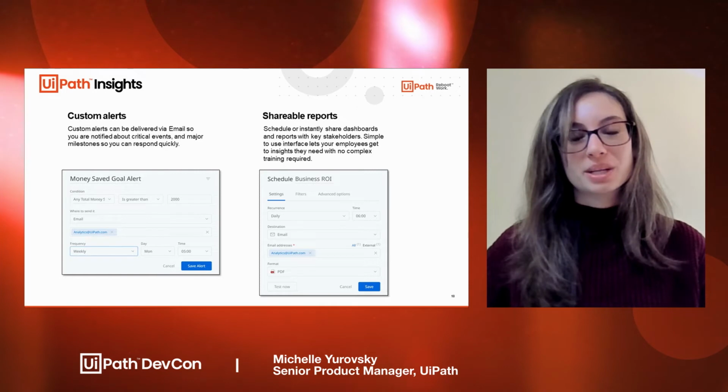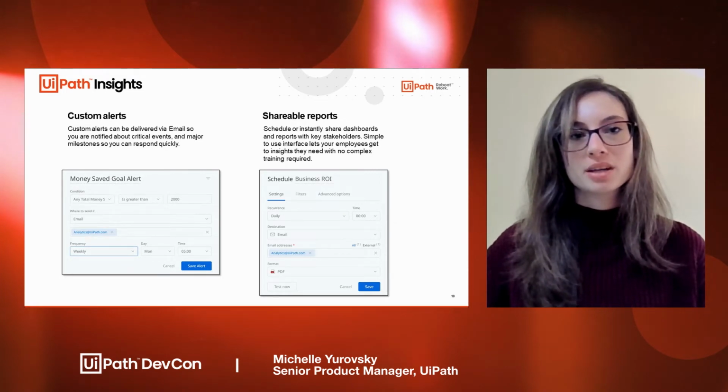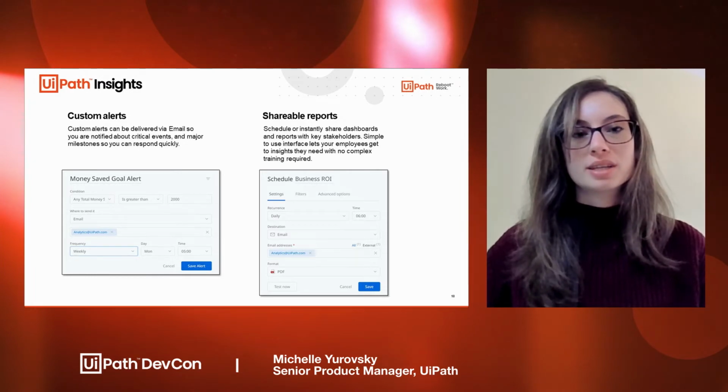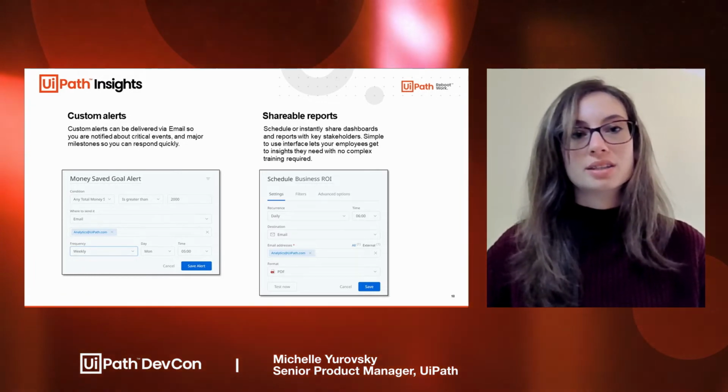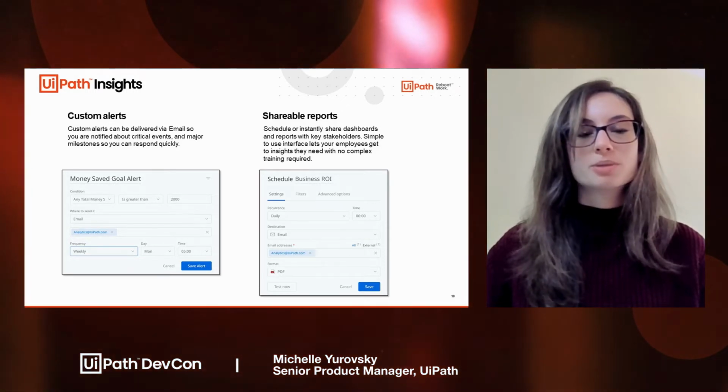Alerts are extremely important because you don't want to be stuck looking at a dashboard all of the time just to see what happened. You're not always going to be next to your laptop, and it's important for you to know when events happen, even if you're not looking at the dashboard directly. So alerts are a way for you to do this and stay up to date on what's going